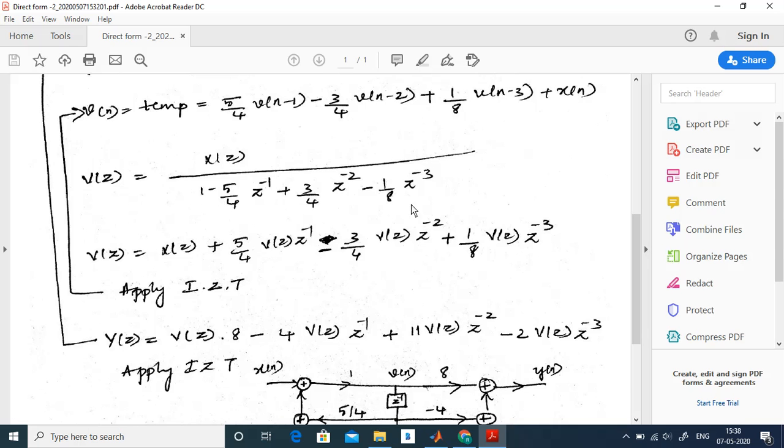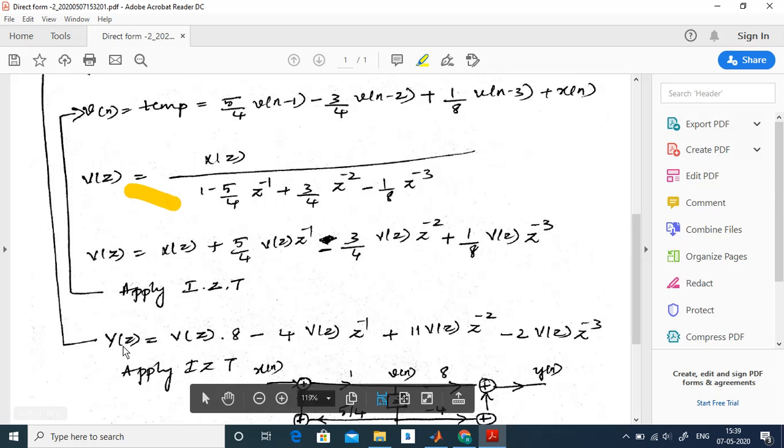Now, for this particular transfer function, what I'll do is I'll cross multiply this denominator polynomial with this, and then I'll try to shift that to RHS. Then I'll retain only V(z), and then I'll transfer the rest to RHS. For this, I'll apply inverse Z transformation. As a result, I'll get this particular expression, which is very, very important for me to realize.